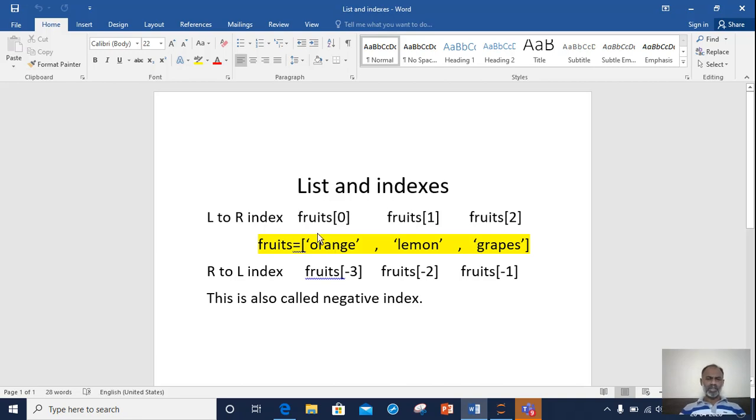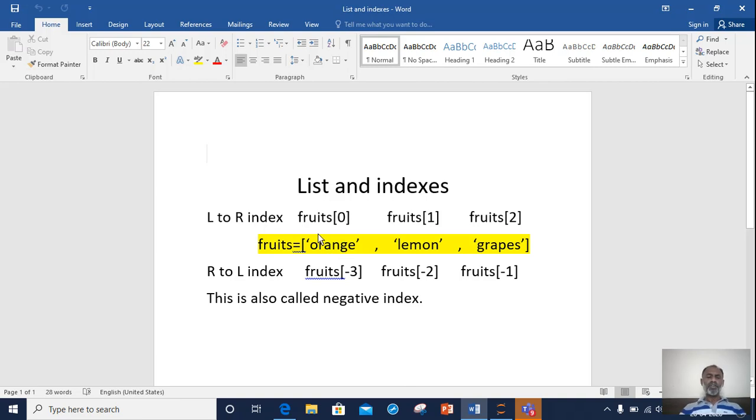If you see, there are two ways of assigning indexes. First let us understand what indexes are. Since the values are stored in one variable, which is the list object, it has to have different locations inside the memory.